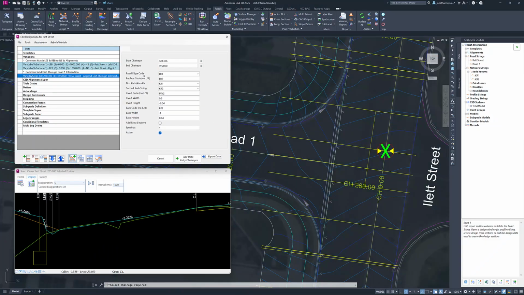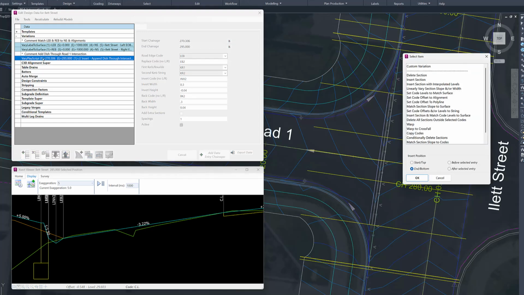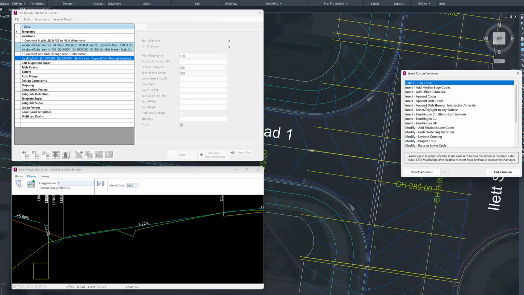To get it started with this particular custom variation, we're going to do things a little bit differently. We've already created the custom variation, and what we're going to do is unpack it. Using the custom variation found by double-clicking or clicking on the little plus icon in the variations area found in the design data form, we can choose custom variation, and then this particular variation is called insert append dish through